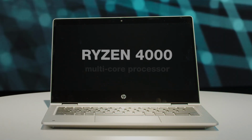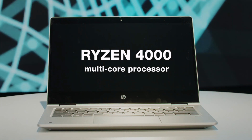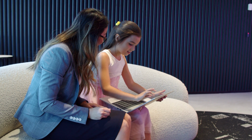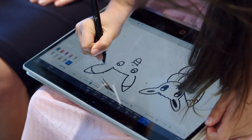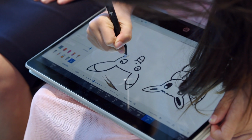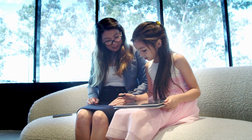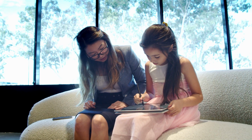The ProBook x360 435 is equipped with AMD's latest Ryzen 4000 series multi-core processor with proven performance, outstanding graphics, and long life battery, which makes it the perfect device for the modern student in subjects from creative arts to STEM learning. The 435 will get you through a full school day powered by a 3-cell battery, providing up to 17